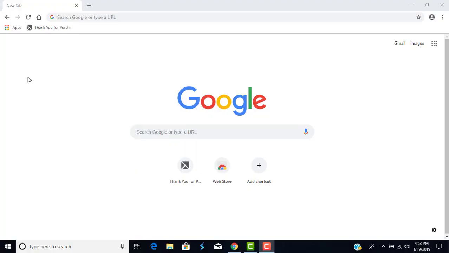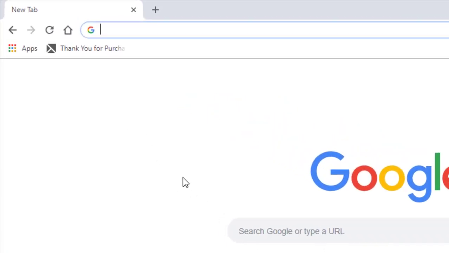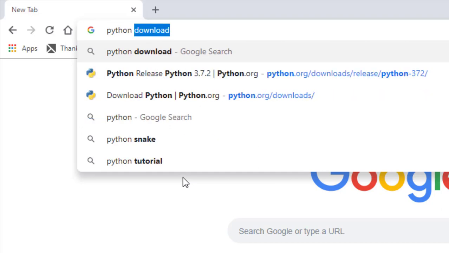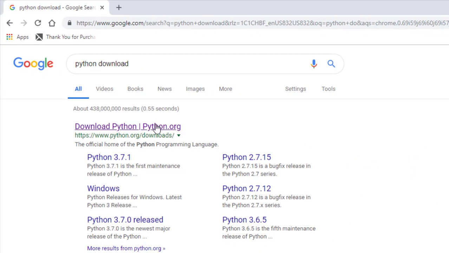Today I'm going to walk you through the steps to download the latest version of Python for Windows. And the first thing you're going to want to do is open up a browser. I'm using Chrome, but you can use any browser that you like. I'm going to go ahead and type in Python download. And the first hit that will probably come up should be this one,